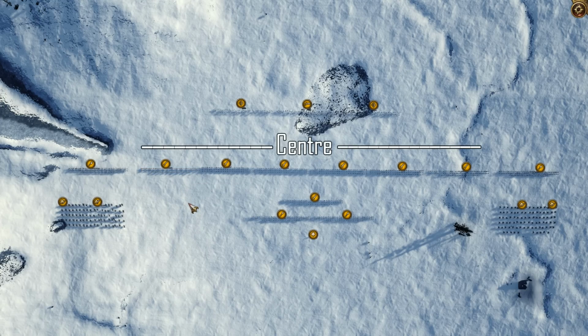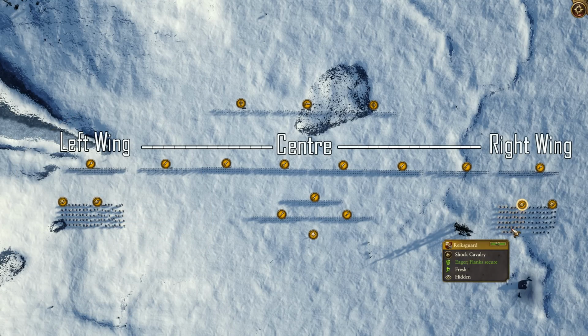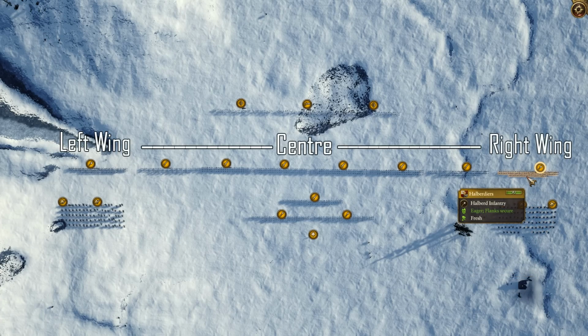And then protecting the left side of your centre is your left wing or left flank. Their role is to stop your opponent's right wing or any kind of unit getting behind your centre, typically cavalry because they move a lot quicker. The right wing, for exactly the same purpose, just on the right side. And it's generally a good idea to put spears or any kind of anti-large unit on the wings to deal